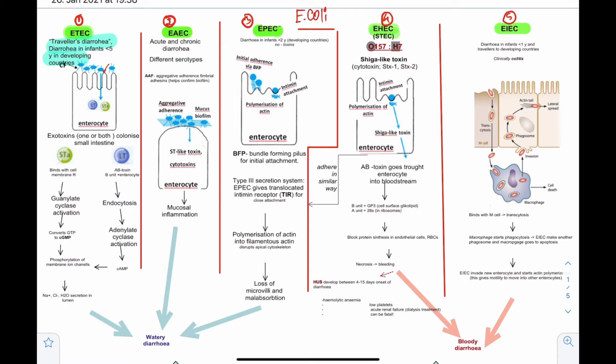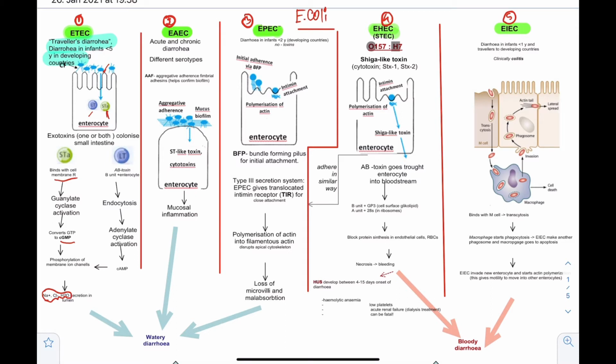There are heat-labile exotoxins and heat-stable exotoxins. The heat-stable exotoxins bind to the cell membrane, and this will activate guanylate cyclase, which converts GTP to cGMP, and it also phosphorylates the ion channels. So the ion channels open, and as a result sodium, chloride and water go out of the cells, and it will cause the watery